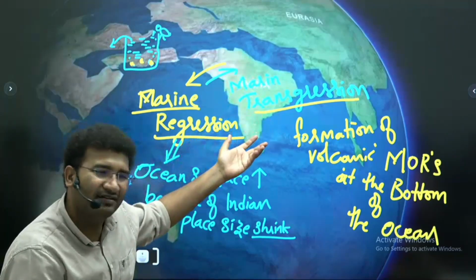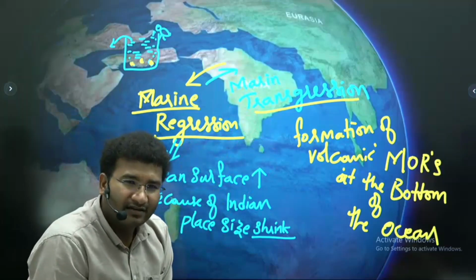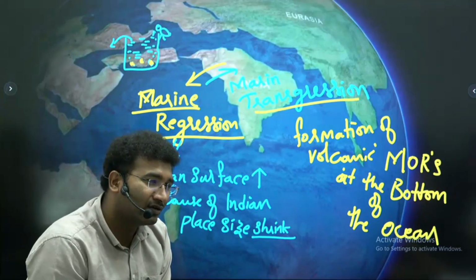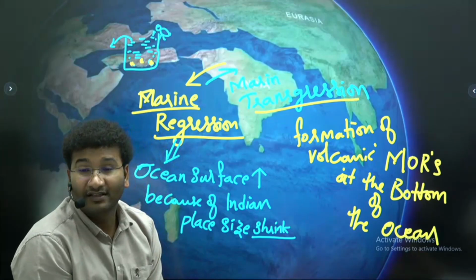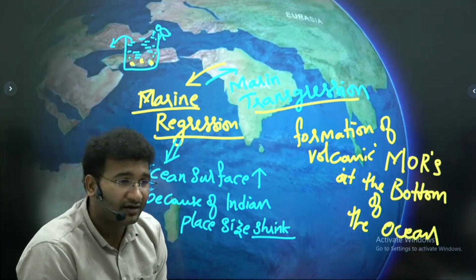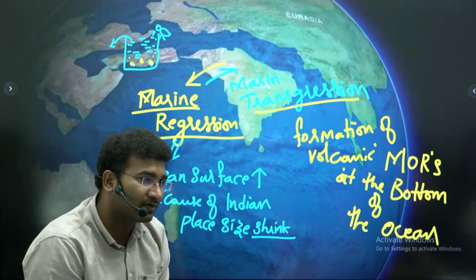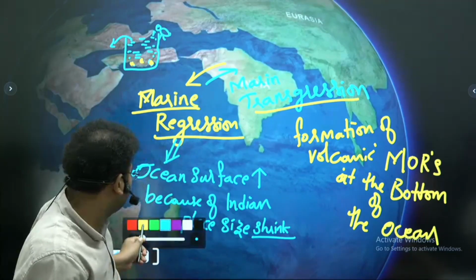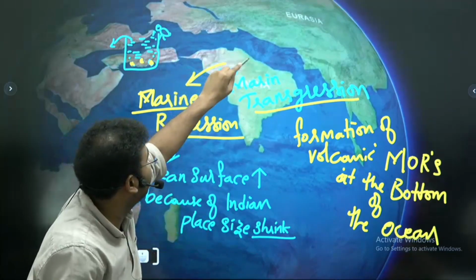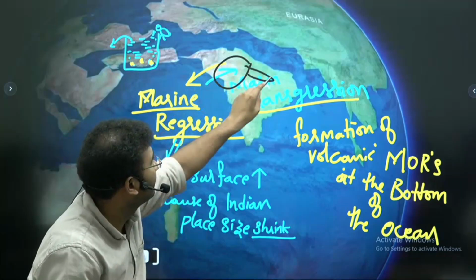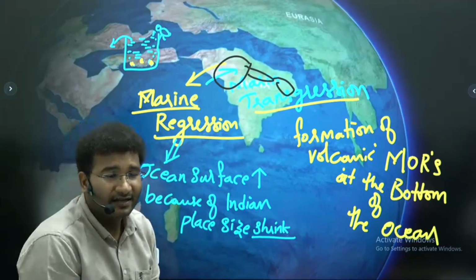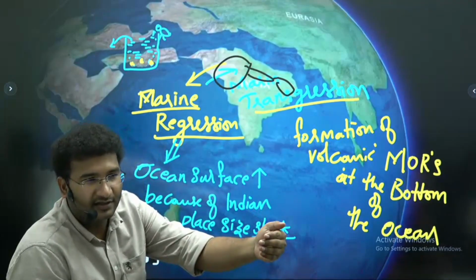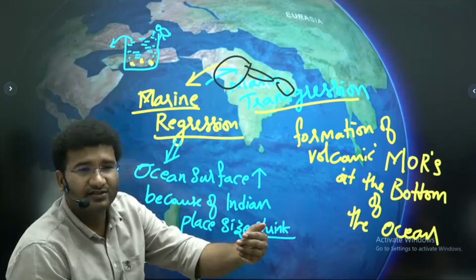The same thing you have to write in geographical terms. That is, the middle oceanic ridges resulted in the rise of the mountains in the southern part of the Indian Ocean, because of which the volume of the surface area of the Indian Ocean got reduced and the volume of the water was the same, such that the water entered into the areas of Rajasthan area, Uttar Pradesh area, Assam area, right? These are the areas. Now, the entrenchment of the ocean water into the continental areas is called as marine